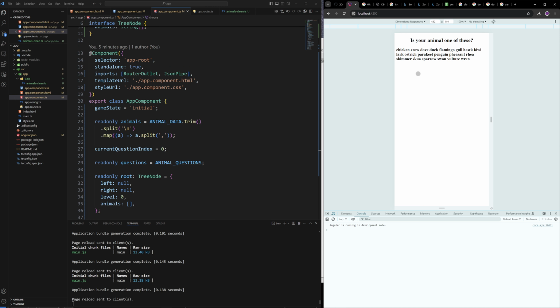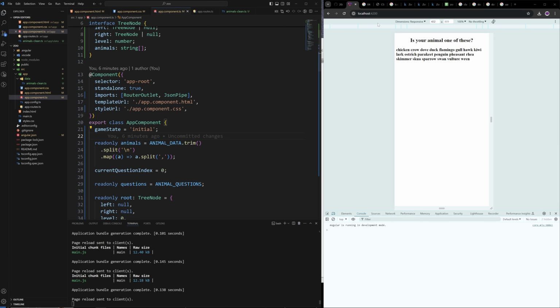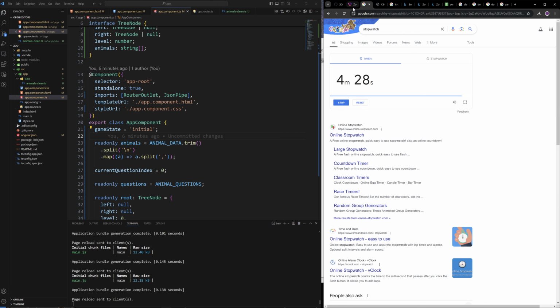And then, yeah, is your animal one of these? Okay, chicken, crow, duck. I guess these have all... there's just no left or right. No, sorry, what is it called? Like left or right? I think I choose one of them, so it just doesn't have any of the branches left. So cool. All right, so this is done,